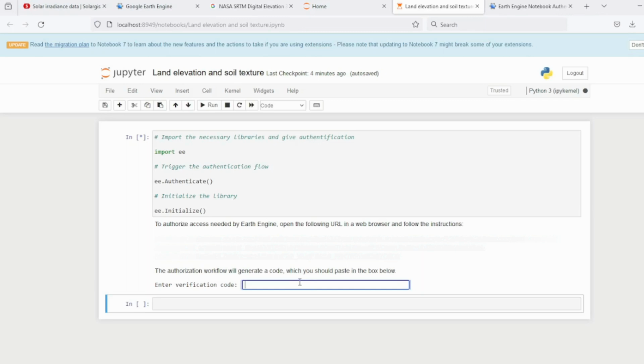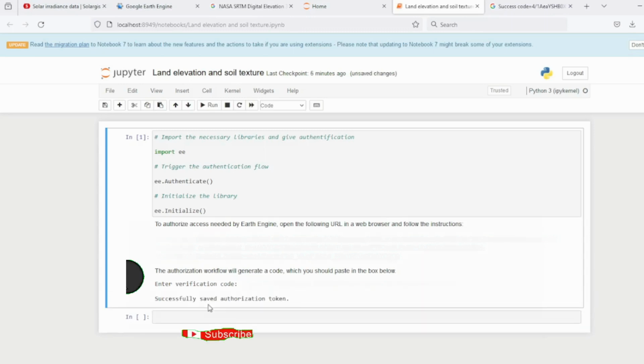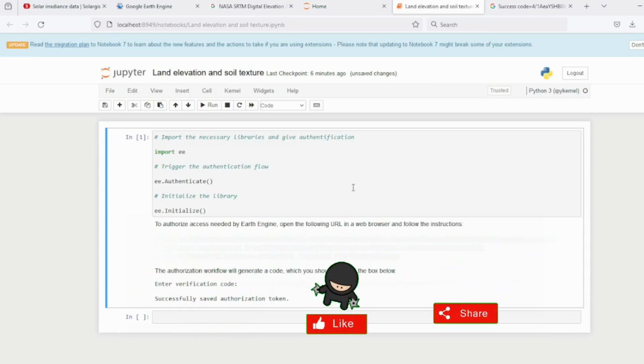Okay. In my case now, I'm going to do that behind the scenes. Then I will get back to this page. Now I have my authorization code or verification code handy, and I'm going to paste it right in. Alright, as soon as I paste in the authentication code, I click the enter button. Alright, so the message came out: successfully saved authorization token. Okay, now that our account has been authorized to be able to download from Google Earth Engine, the next thing